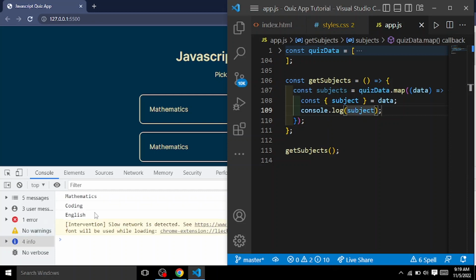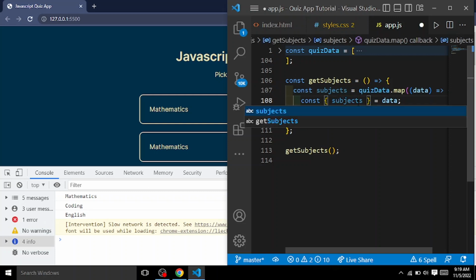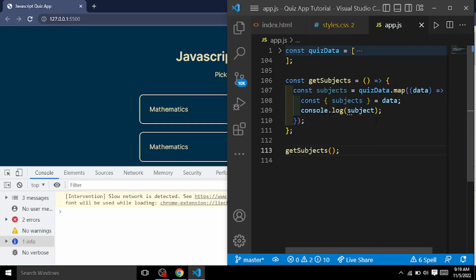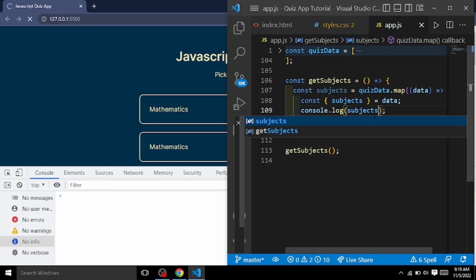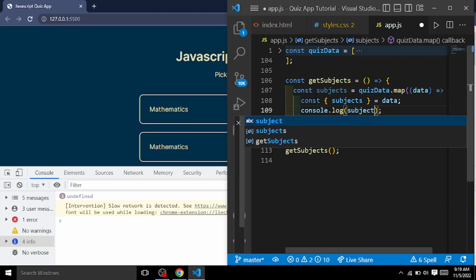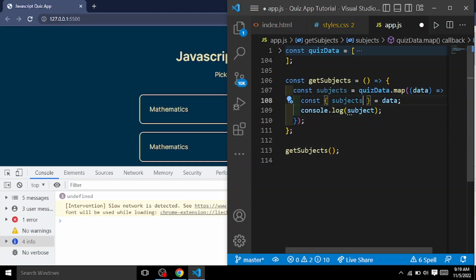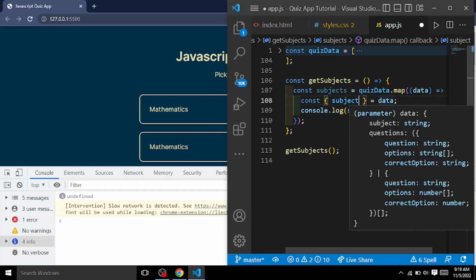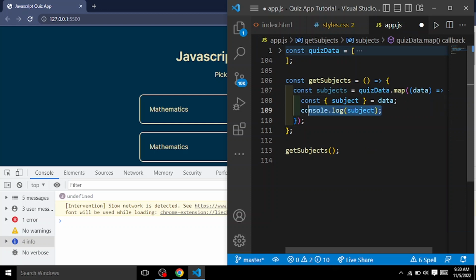See, it's in English. But if you should change the name or make a mistake, it's going to be undefined. The name has to be the same. You put the curly braces, pass in the name, and equate it to the data. So that's the subject. So now we're going to return